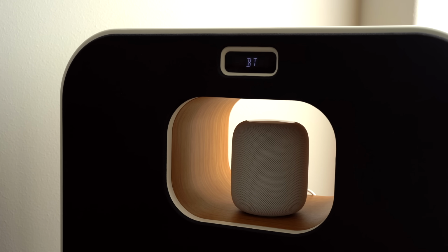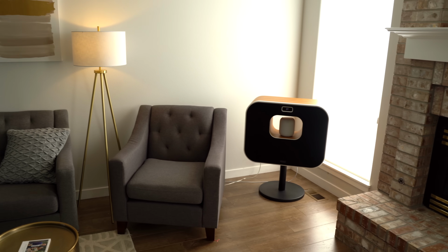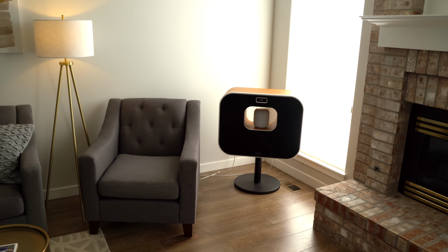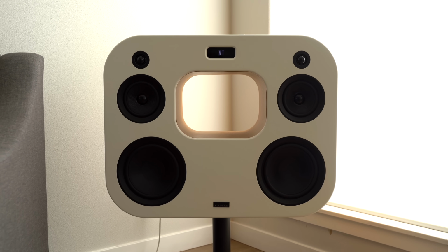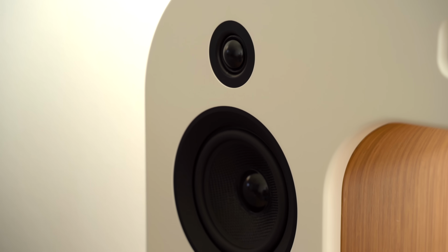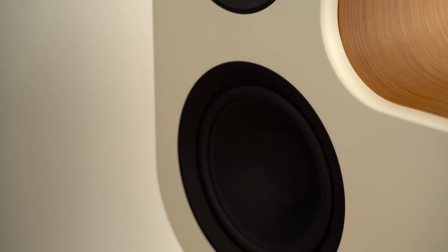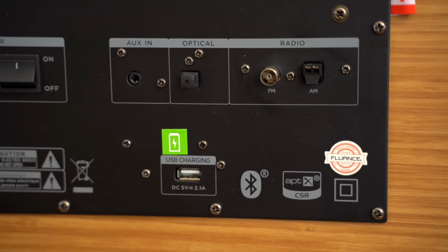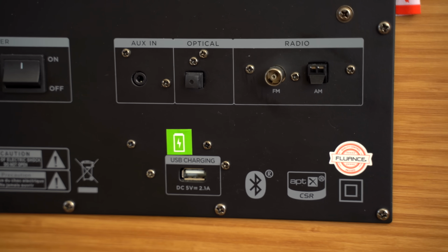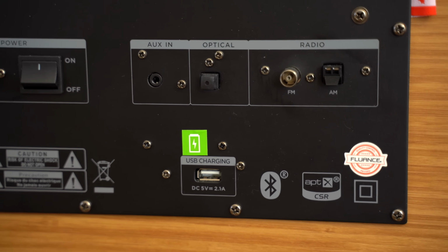for me. The Fluance Fi70's footprint is massive compared to the HomePod, and the weight difference is even greater at 81 pounds compared to just 5.5. While not as simple and elegant, the Fi70 looks like an art piece displayed on its included stand, and with the magnetic cover removed, shows off its dual 1-inch silk dome tweeters, 6.5-inch speakers, and 8-inch woofers. The unit is powered by a 280-watt amplifier. On the back, we have an antenna for the built-in radio, USB for charging, an optical input, and a 3.5mm